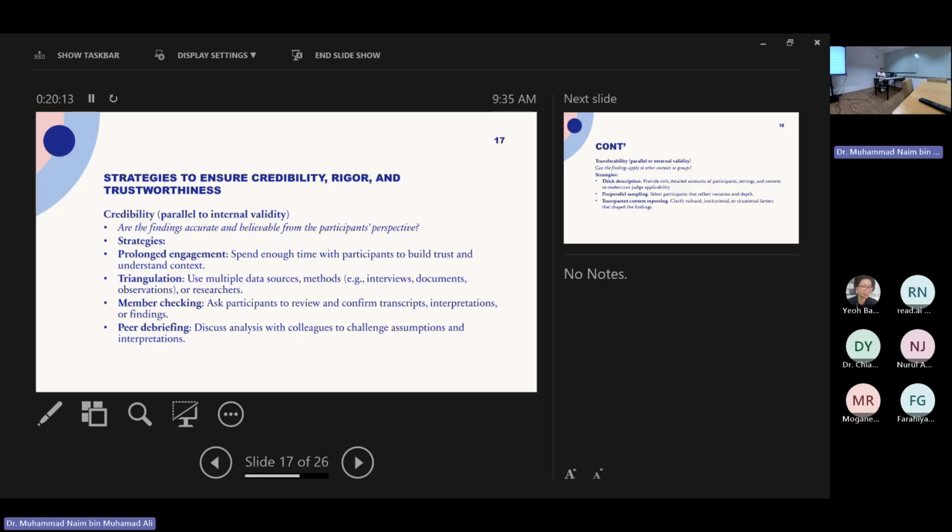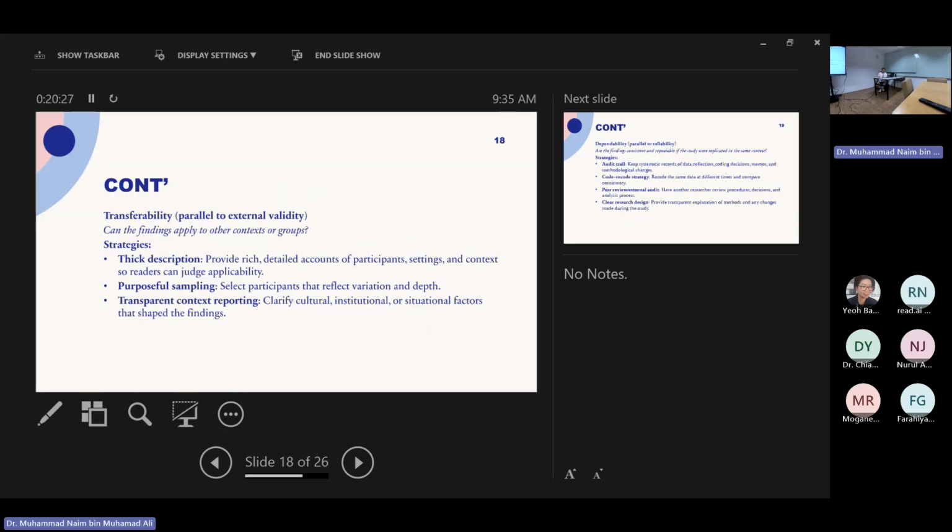Or you can also share your findings with experts, and they have similar meaning or understanding. And then transferability, parallel to external validity. Can the findings be applied to other contexts or groups?